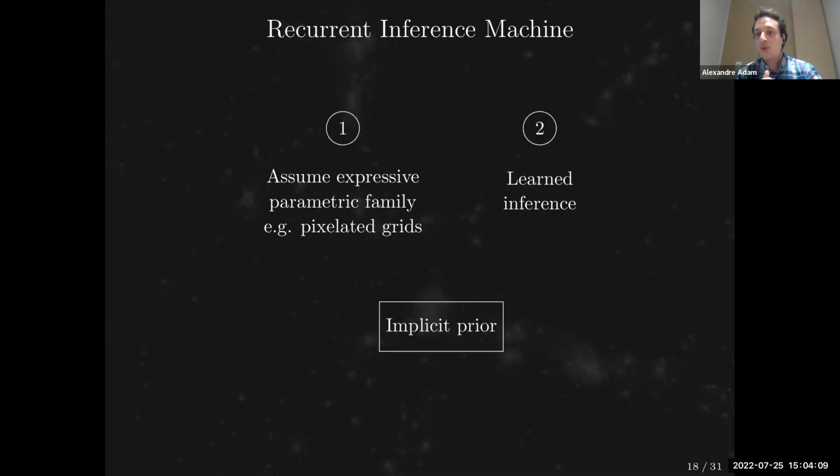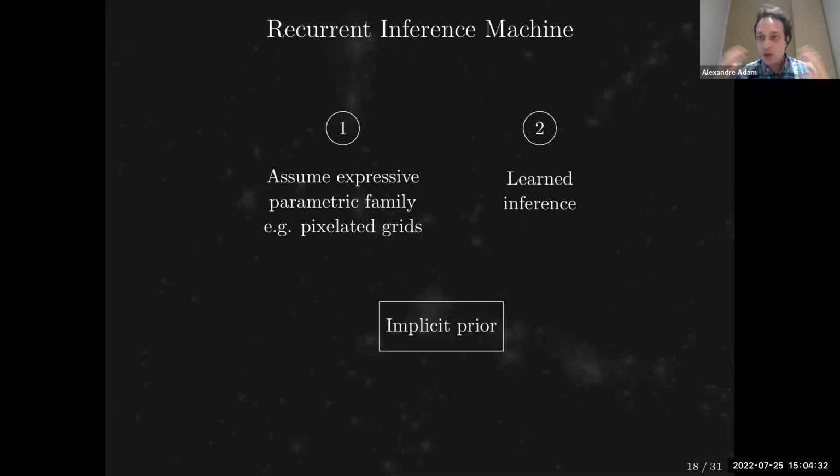So our approach is what's called a recurrent inference machine, which is to say we're going to do likelihood-based inference, and there's going to be a network that controls the optimization. In this framework, we don't have to set up a prior. The prior is implicit in the data set that was used to train the network.